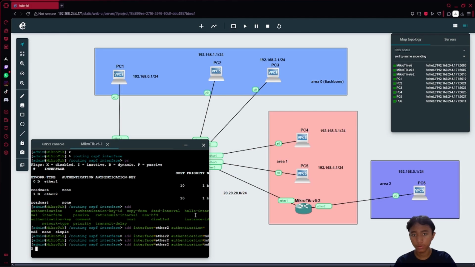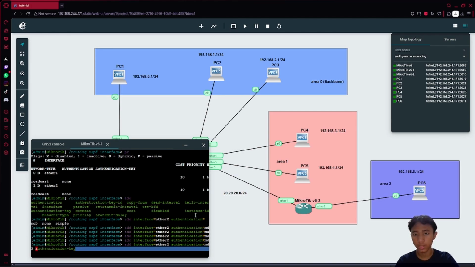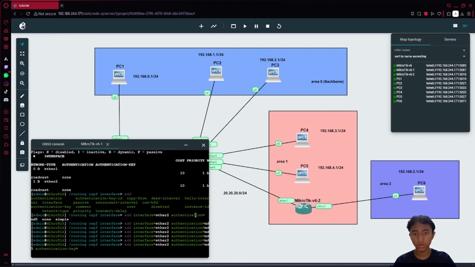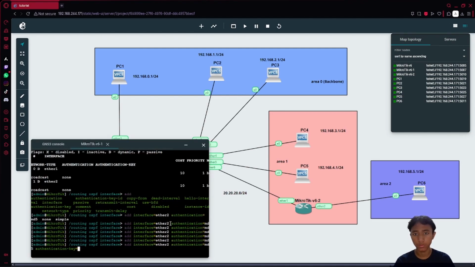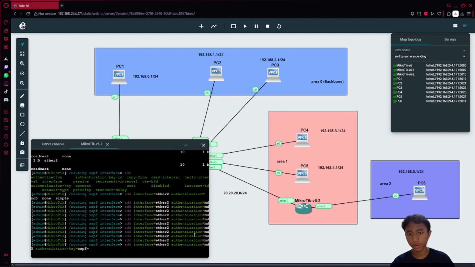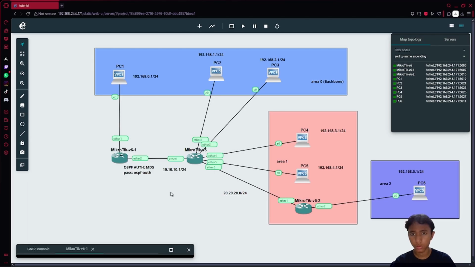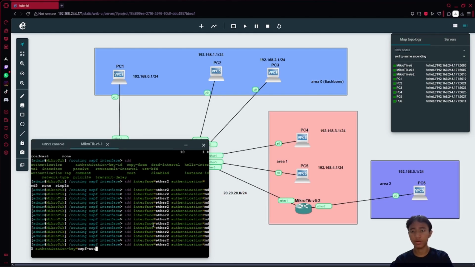And then we set up the authentication key. For the key you can use anything, but in this video I will use the password right here, which is OSPF auth.